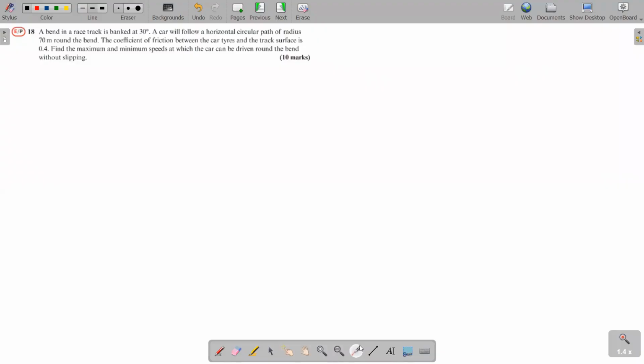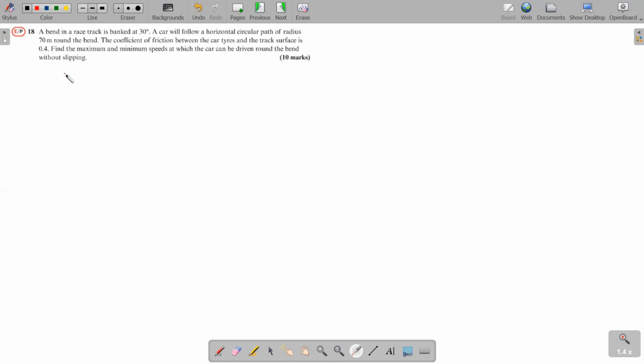All right, so next I'll move on to question number 18. They say a bend in a race track is banked at 30 degrees. A car will follow a horizontal circular path of radius 70 meters round the bend. So again, it's the same story. We have a banked road, a car is traveling. I'm just drawing the car as a particle. And they say the coefficient of friction between the car tires and the track surface is 0.4. Okay, they have given you the